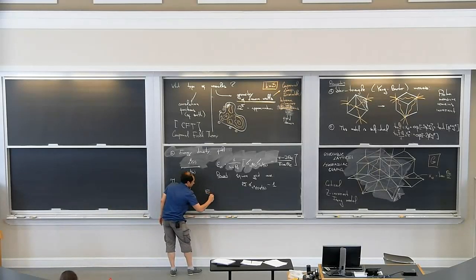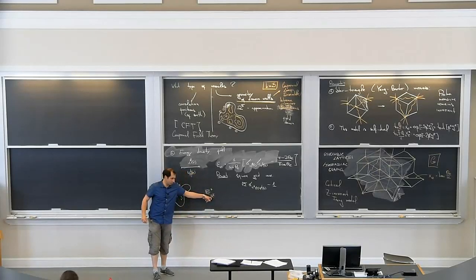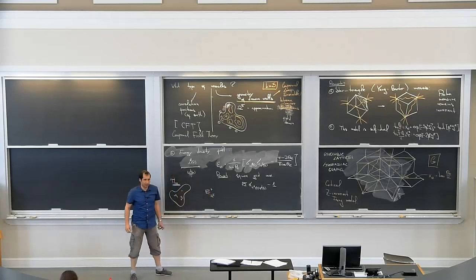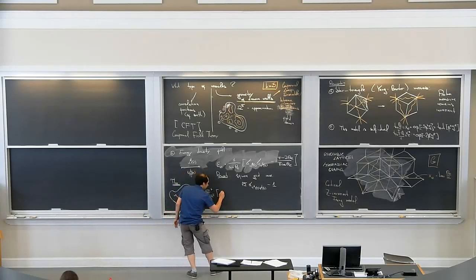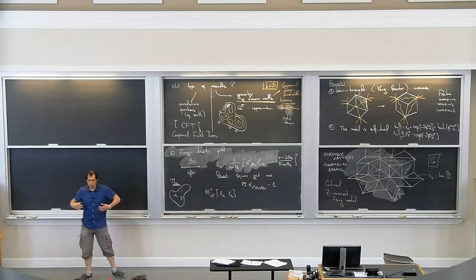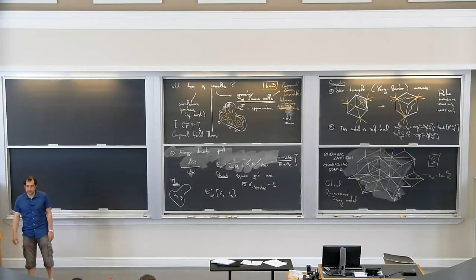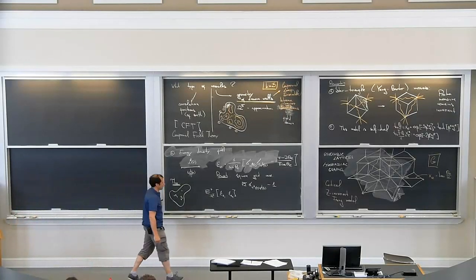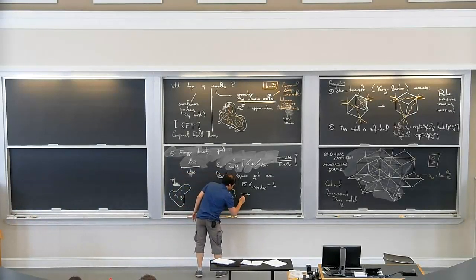And what I consider is just the expectation. Let me emphasize that this is an expectation on this discrete domain with plus boundary conditions of the product of these variables. So I really want to know what the correlation functions are. And the claim I want to prove is that